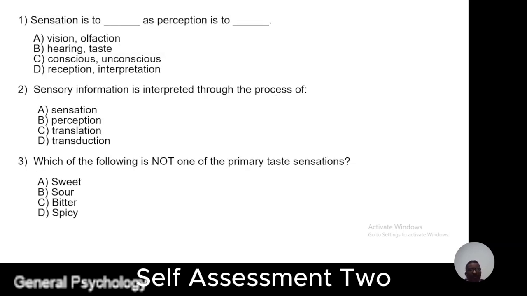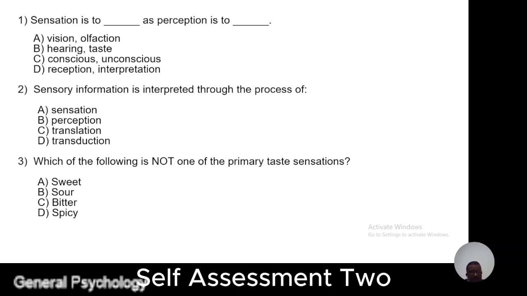Question number 1. If sensation represents blank, perception represents: A, vision, olfaction. B, hearing, taste. C, conscious, unconscious. D, reception, interpretation. Question number 2. Sensory information is interpreted through the process of: A, sensation. B, perception. C, translation. D,